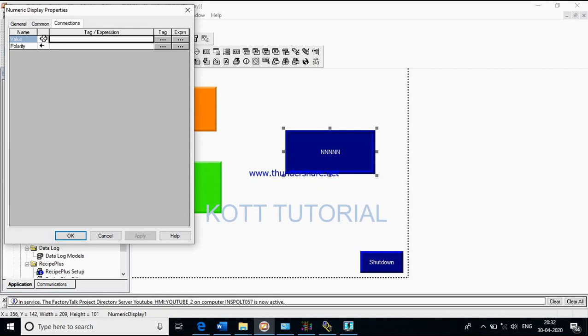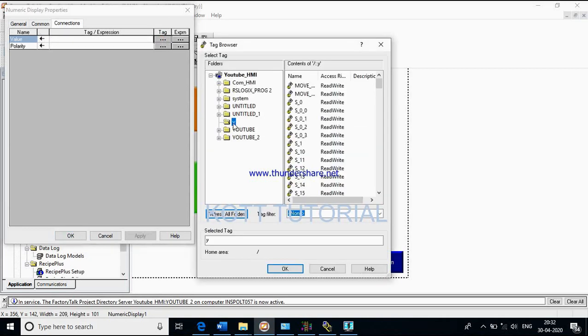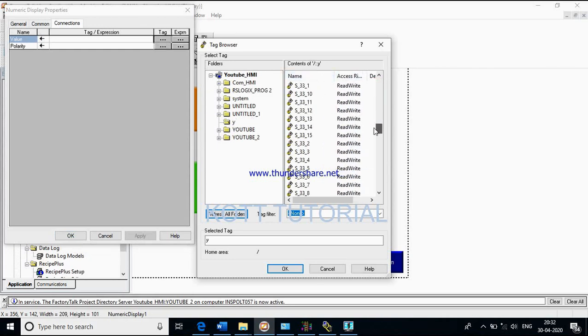Now I have to tag the numeric display also. Connection: over here you can see a single arrow, which means it is an indicator; we cannot feed any value here. Again the Y folder, that is our tag; we have to find the integer value.